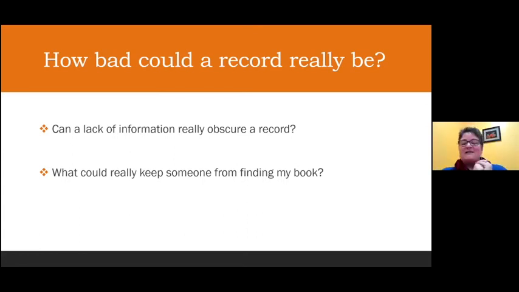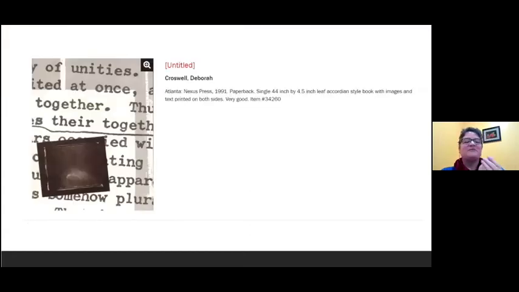I mean, anybody who's ever done a library search may feel that that is definitely true. And what could keep somebody from finding my book? So I'm going to pick an extreme example, but this book is in our Nexus Press collection. This happens to be from a site trying to sell another copy.